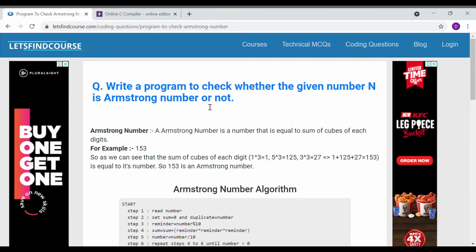If you are given a number, you have to check whether the sum of the cubes of each digit in that number is equal to the number itself or not. Let's understand with the help of an example. Here we are given 153. What digits do we have? 1, 5 and 3. If we take the cube of each digit, that is cube of 1, cube of 5 and cube of 3,